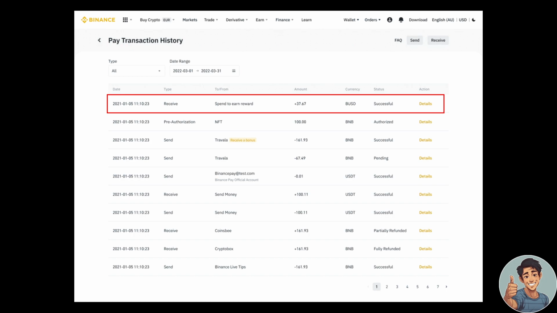If you have completed the identity verification, you can check the reward credited to your funding wallet right here on the Pay transaction history page. If you haven't completed identity verification, your rewards will be locked and can't be used. The received reward will be distributed within 24 hours after verification passed. And that's how you earn USDT in